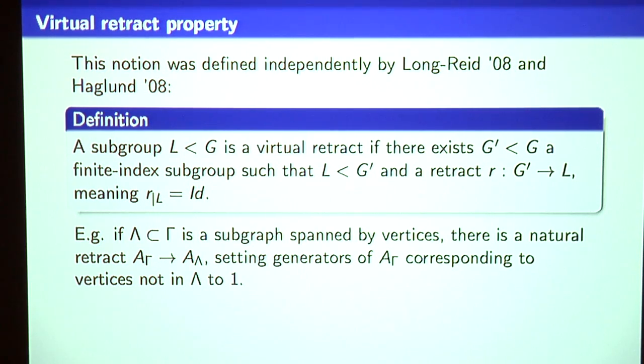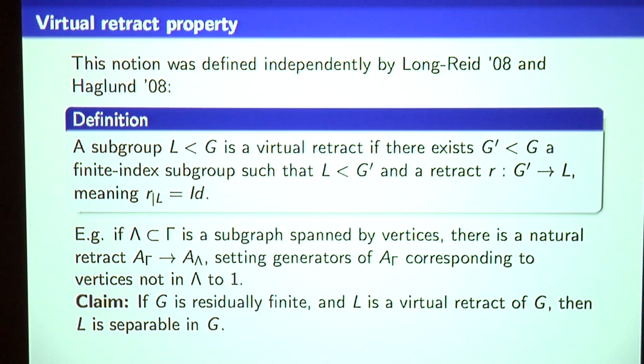So like if you have Z^n, then it has a retract onto Z^(n-1) by just deleting a vertex from your graph. Or if you have a free group, it has a retract onto any subgroup generated by n elements. I just throw out some subset of them, and it'll retract onto what's left just by sending all those generators